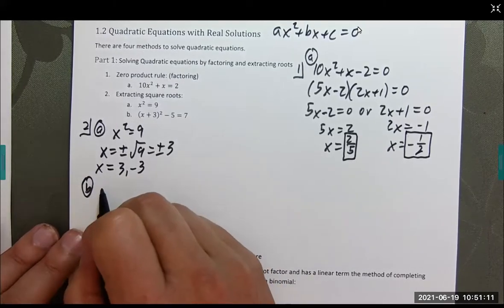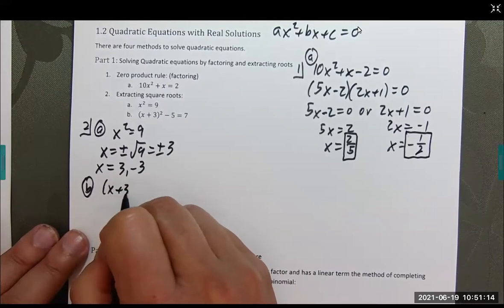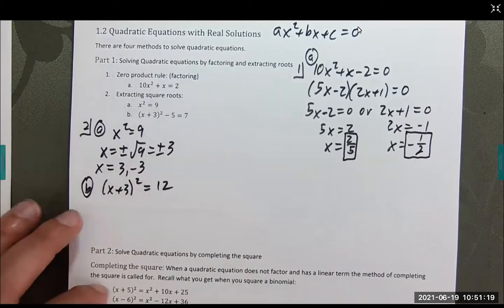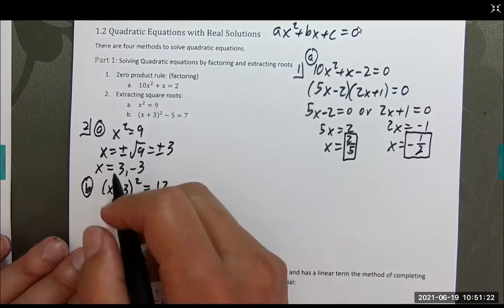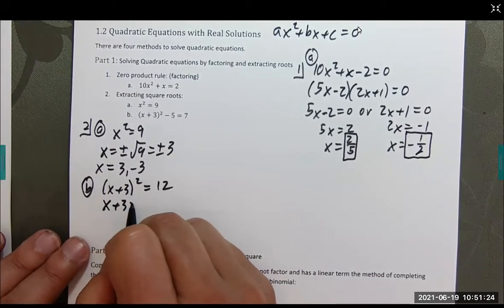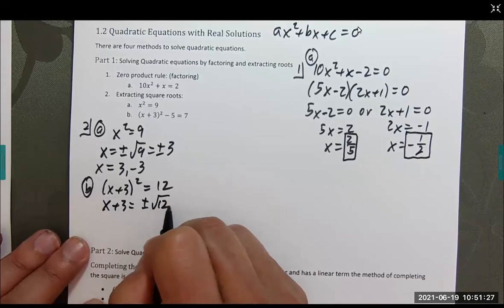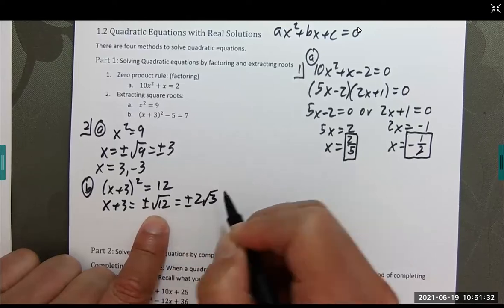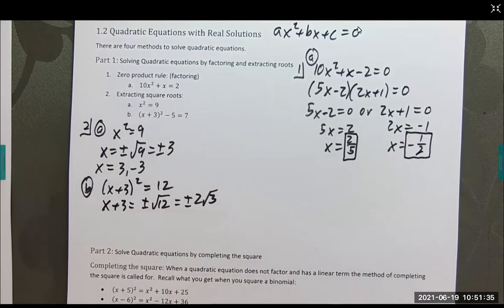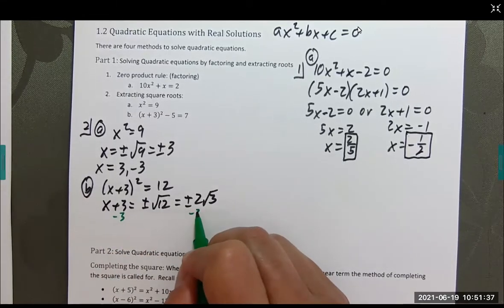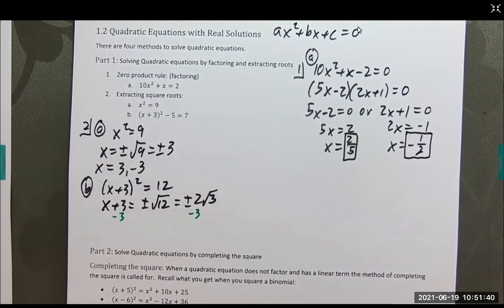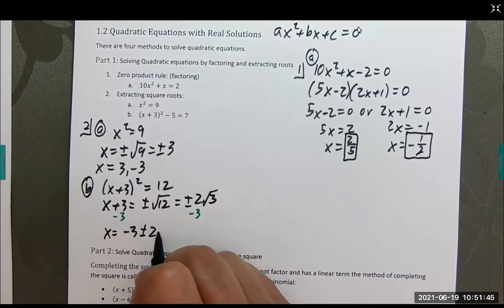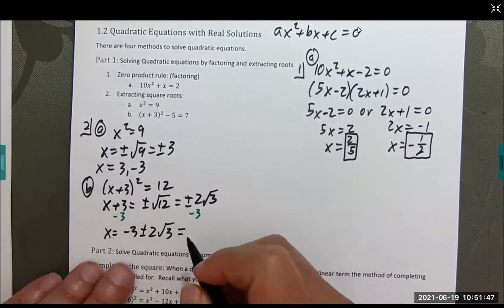Part B here. I'm going to go ahead and add the 5 to both sides, so I get equals 12. And I'm going to do that same rule. Don't forget the plus or minus. And if you remember, when you simplify that root 12, you're going to get plus or minus 2 root 3. And then I'm going to subtract 3 to both sides, giving me x equals negative 3 plus or minus 2 root 3. And if you needed to write those out,